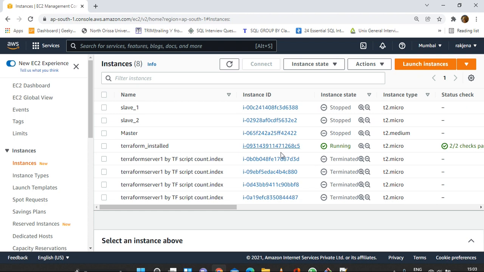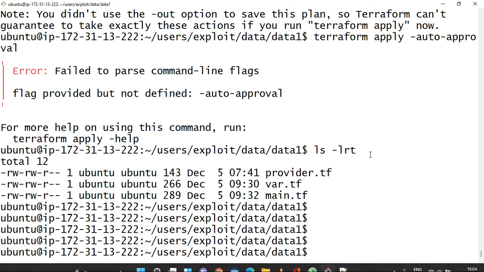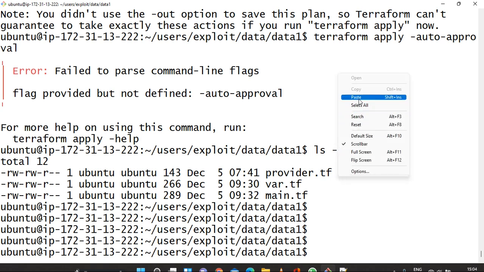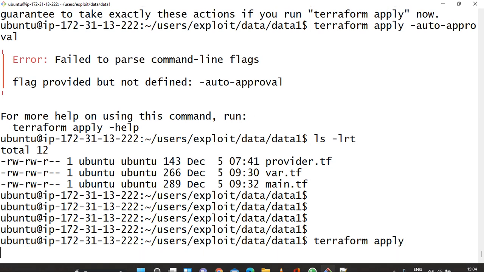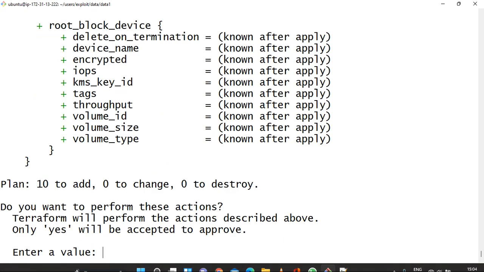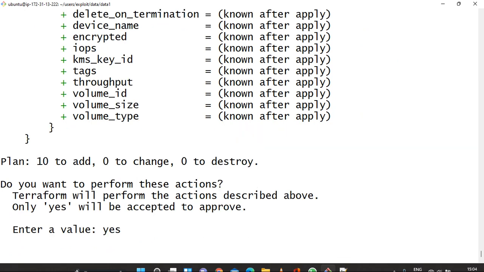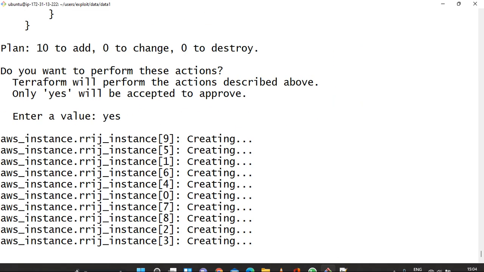Yeah, you can see guys, one instance is running and all others are in terminated state. So guys, let me run the command terraform apply. I will have to put yes. Now you can see instances are getting created.